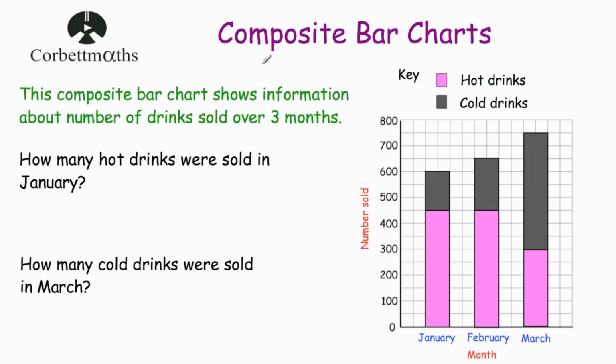In this video we're going to look at what composite bar charts are, and then we're going to answer some typical questions on them. So what are composite bar charts? Well, composite bar charts are a bit like bar charts, but they just show a bit more information. Whereas a normal bar chart will have just bars for one category, a composite bar chart will have bars on top of those that show information about a second category, maybe even bars on top of those that show information